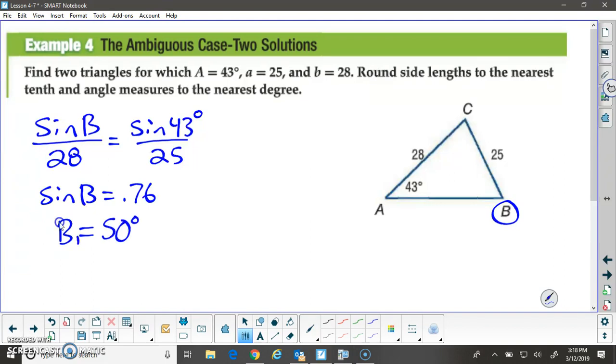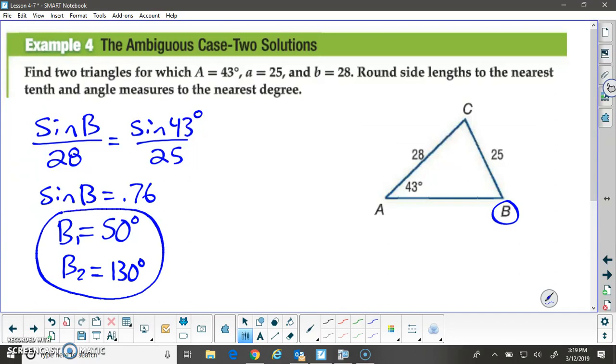But since two triangles can be formed, that's only one of my angle B's. I'm going to use subscripts, B1 and B2. So if B1 is 50, B2 is 130 degrees. So there's your two possible measures for angle B. Now we have to find our two possible measures for angle C. So to find that,